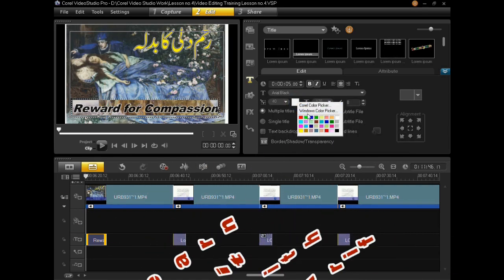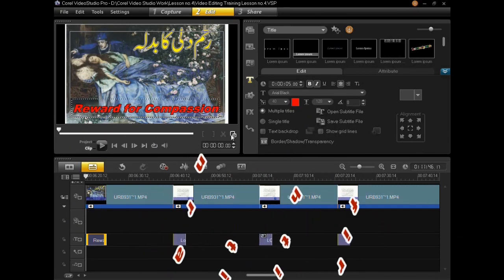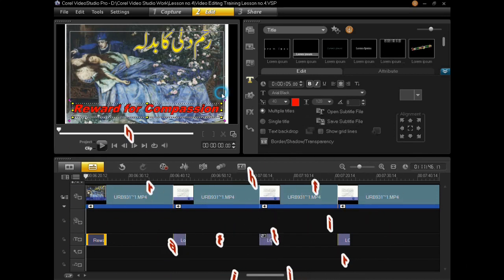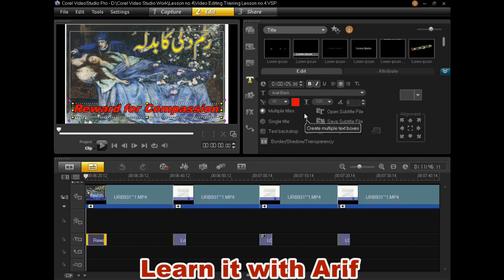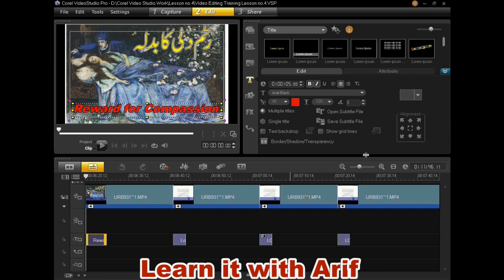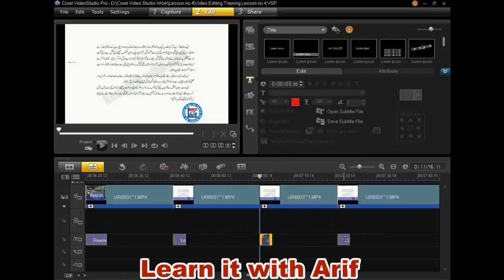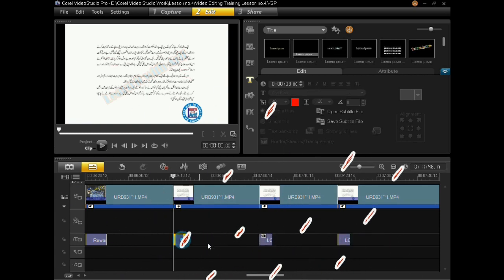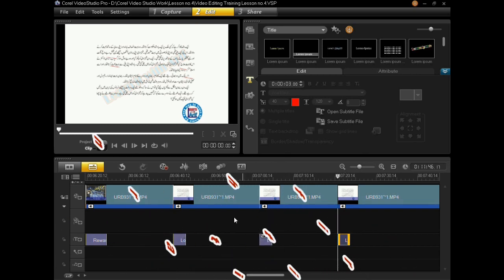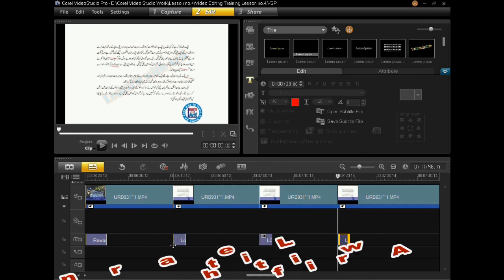It is the color of the text. In the same way you can edit your remaining titles. So this is the way to insert and edit a title in your video or clip.